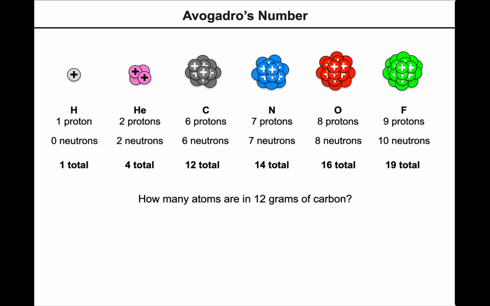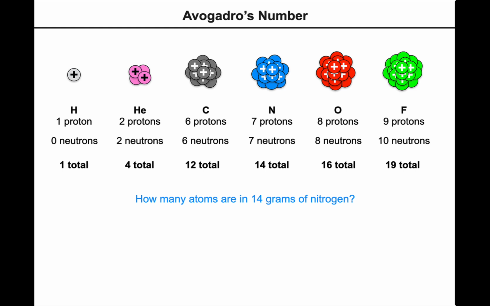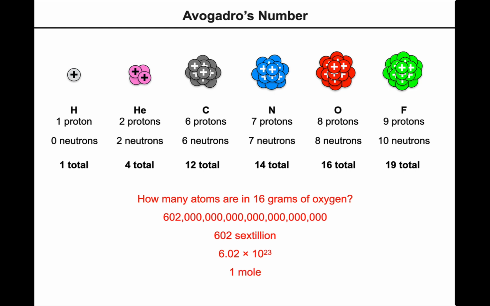What if I weighed out 12 grams of carbon? Well, because carbon weighs 12 times as much as hydrogen, a mole of it must also weigh 12 times as much. So 12 grams of carbon is a mole. What about 14 grams of nitrogen? How many atoms of nitrogen is that? Well, that's also a mole. What about 16 grams of oxygen? Well, 16 grams of oxygen is 16 times more than the 1 gram of the mole of hydrogen, right? So this is also a mole of oxygen. It's 602 sextillion atoms of